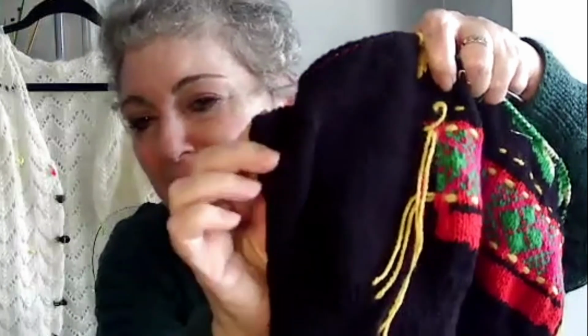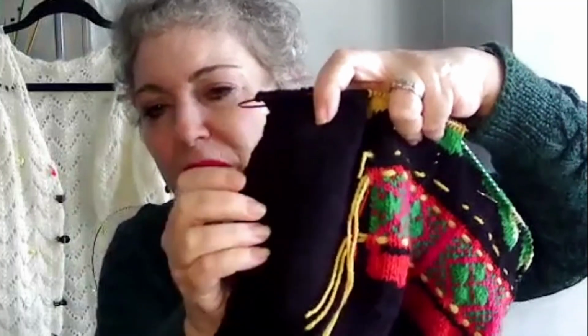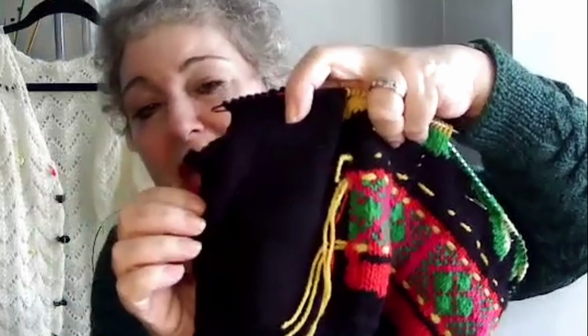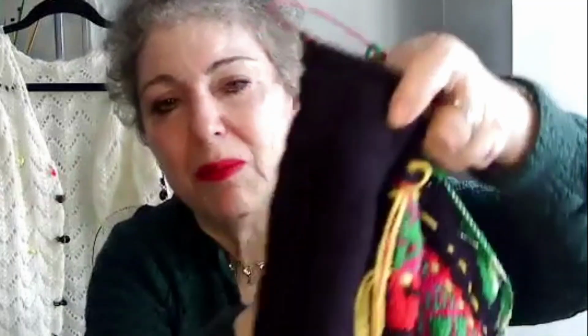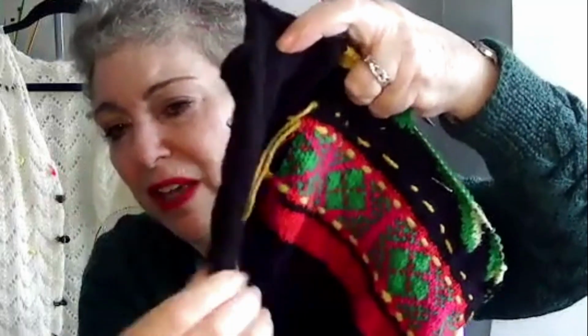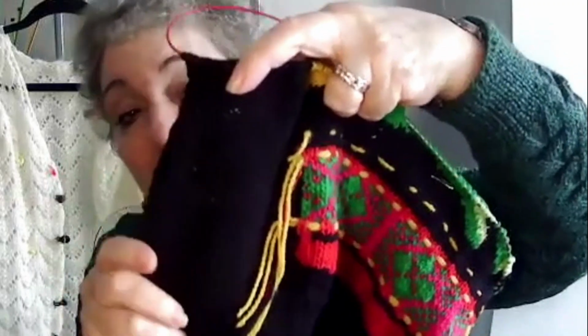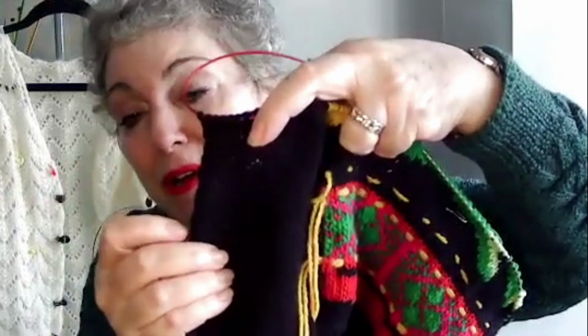I have extra fabric over here. I bound off, and now I'm knitting up from this width instead of this width. And what I'll do with this extra fabric, I think it's hard to see because it's so dark, but I have a narrow piece of extra fabric here. I'm just going to fold that into the seam, and it'll be on the inside of the sweater where no one will see it. I suppose I could steek and just cut it off, but for now I'm leaving it here,